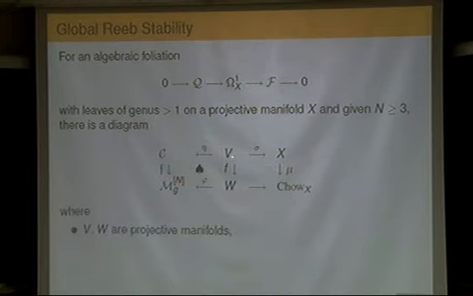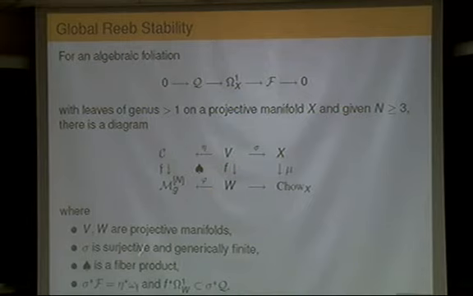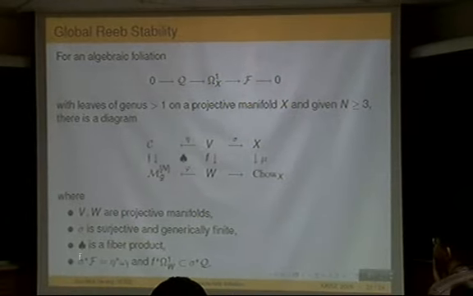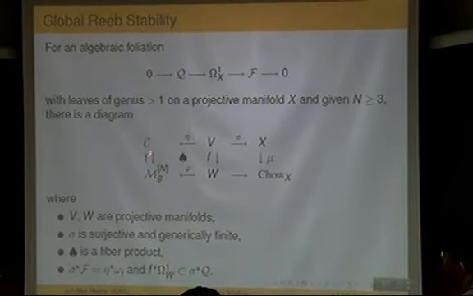So here V and W are projective manifolds, smooth varieties, and sigma is generically finite, and this is the fiber product. So this family really comes from the universal family. And our foliation is related to this as follows: the pullback, the lift of F to here, is the relative dualizing sheaf of the universal family of curves, and the lift of this guy